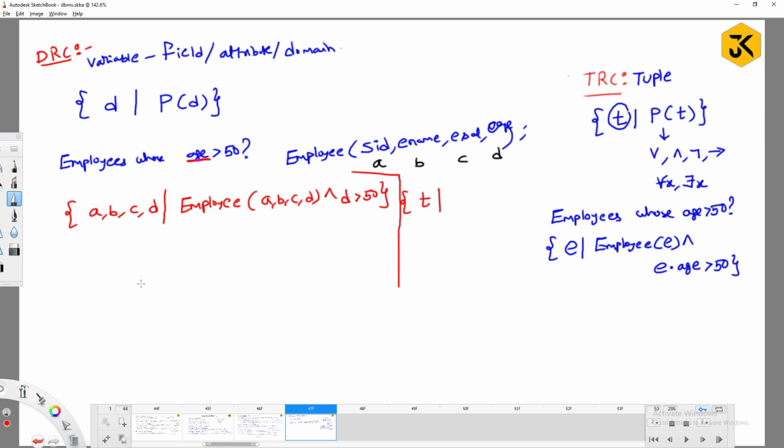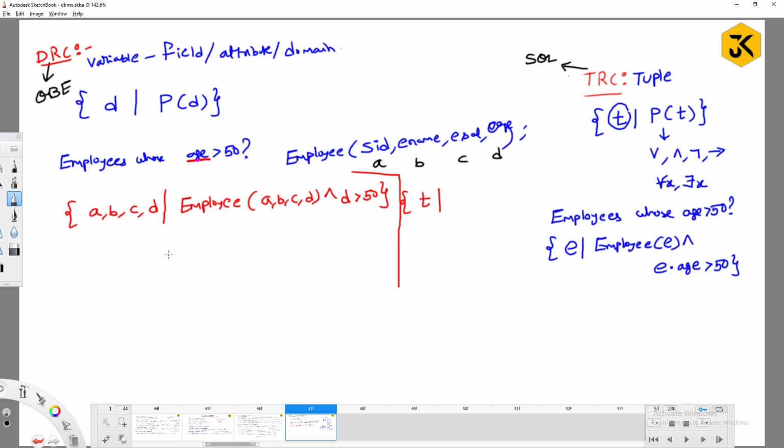There is not much difference between DRC and TRC. Coming to the real world, TRC and DRC are kinds of formal languages. With the help of the TRC formal language, we write SQL queries, because SQL queries are in pure English format. Whereas for DRC, the implemented language is Query By Example.